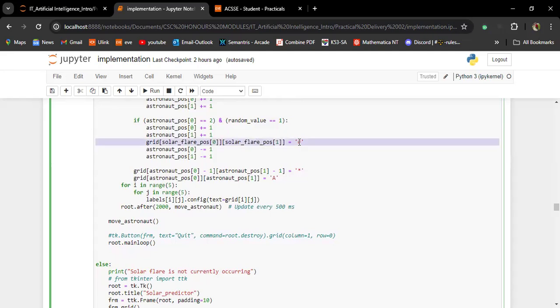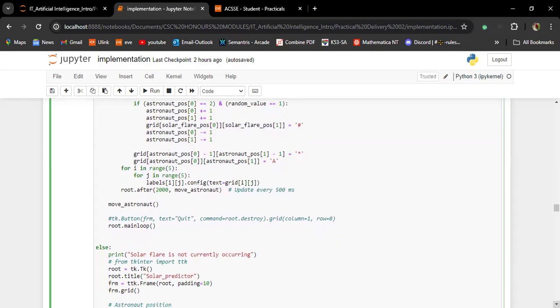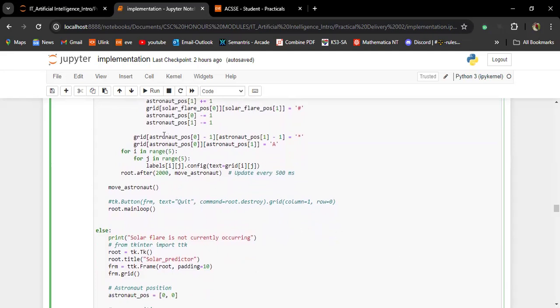And here we see the solar flare, and depending on the prediction the agent makes, that will determine the movement of the astronaut spaceship, which is our agent.